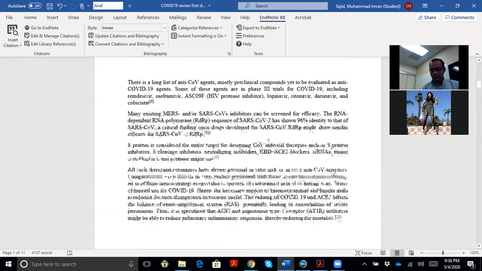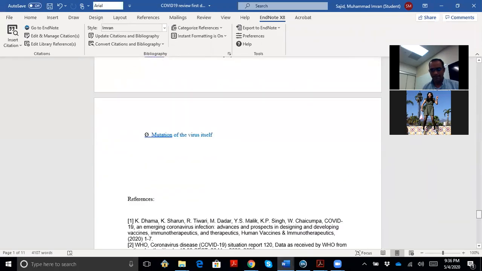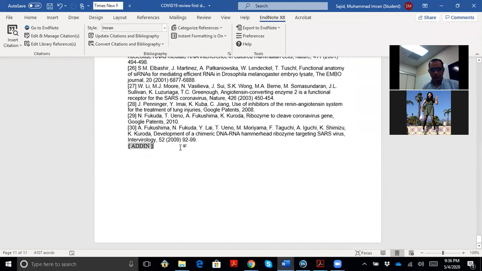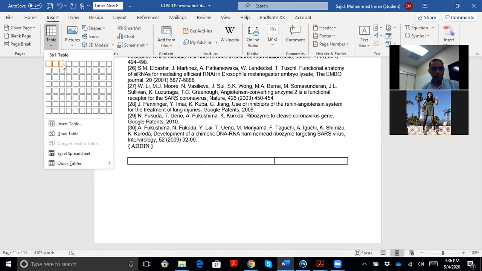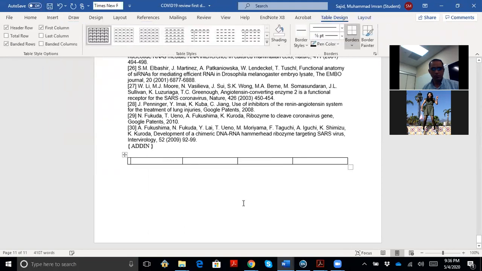I will make a table. Insert table. Title, year. So it's like the title of the study, then start and end, reference.